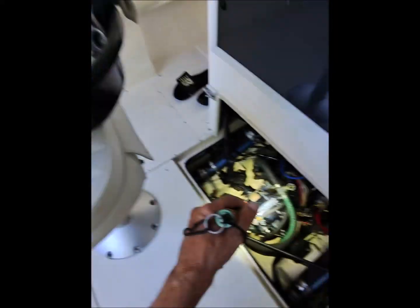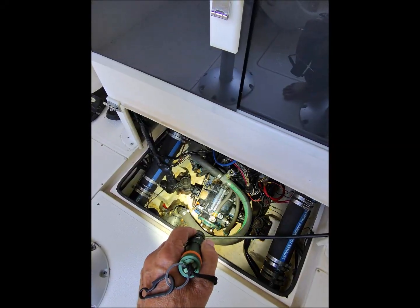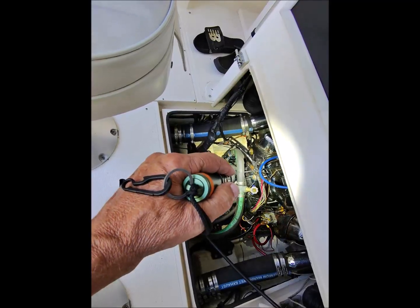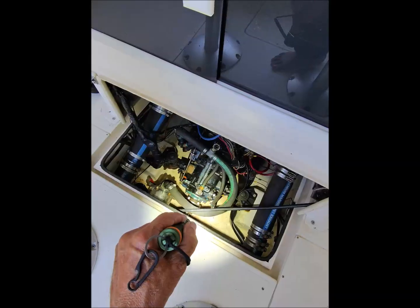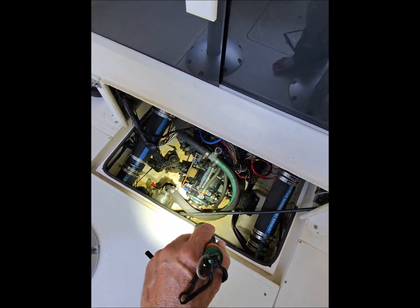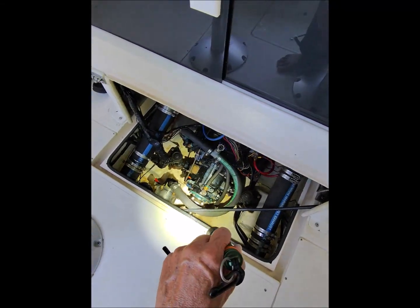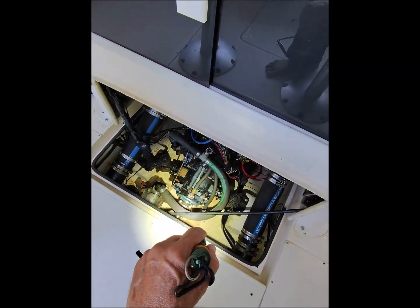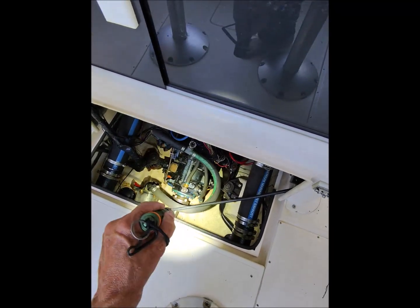Alright, so what we have here is a Borg-Warner 71C 1-to-1 transmission connected to a 351 Windsor. The problem we're trying to solve is that we have a situation where there's no neutral. We have a couple of theories on it, and it's not just a little bit of clutch drag. It's extreme to a point where there's no